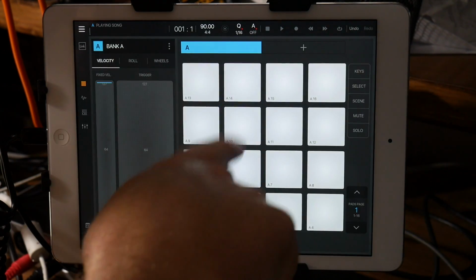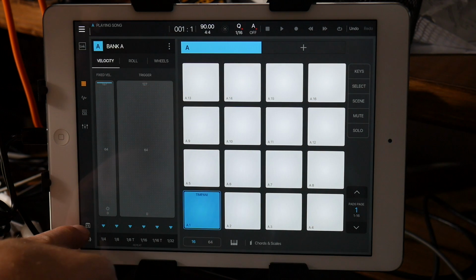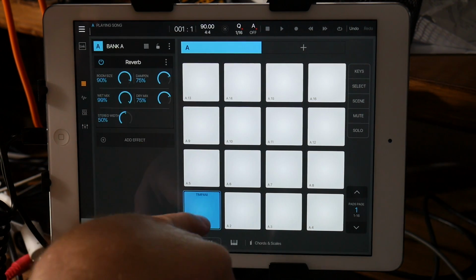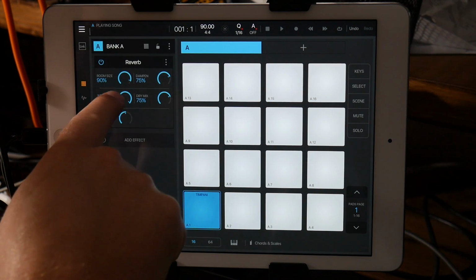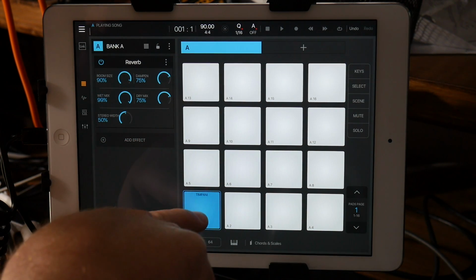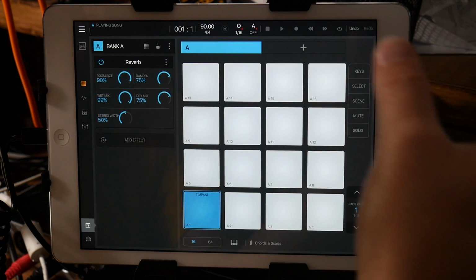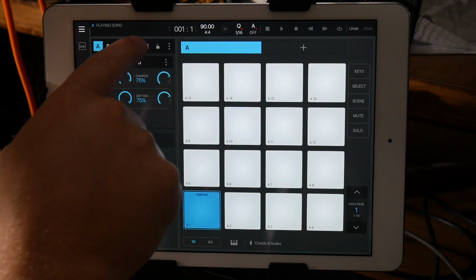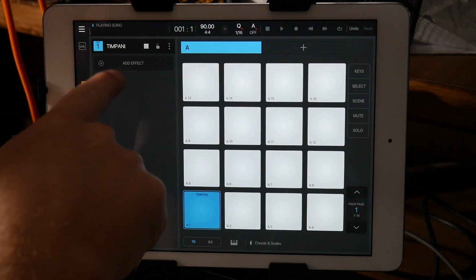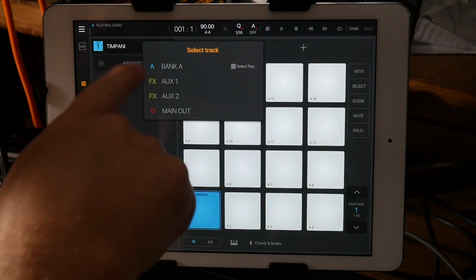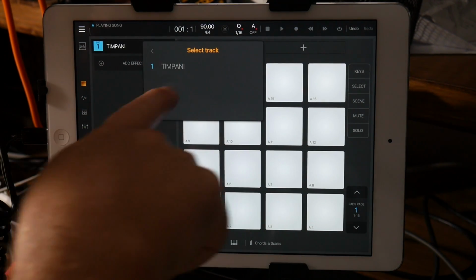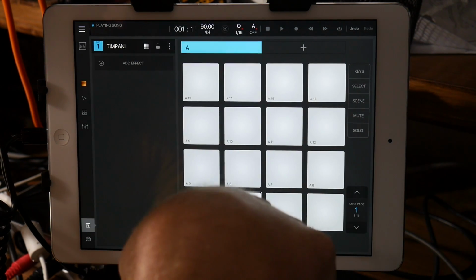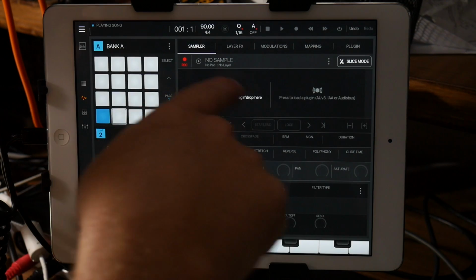And what if I wanted to bit crush just the timpani? Well, right now you can hear it going through the effect, but if I add another effect here to bit crush it, it's going to bit crush everything. So there's a little 16 dots right here at the top that you click on, and then you'll get the option to select the timpani. It's not showing the rest of them because there's nothing in there, but if I loaded up another sample here in pad 2,